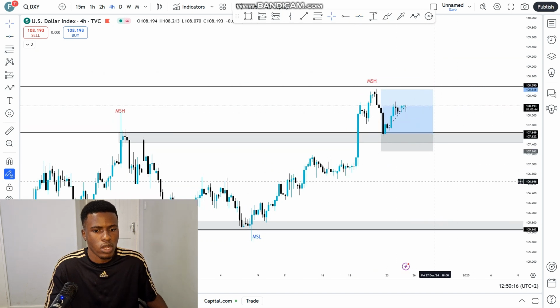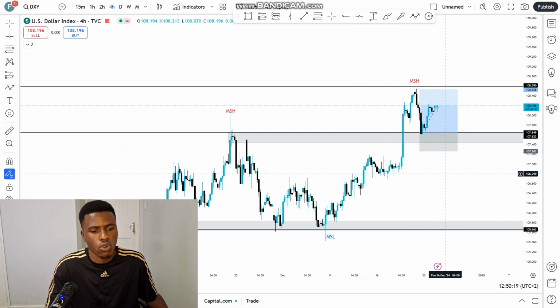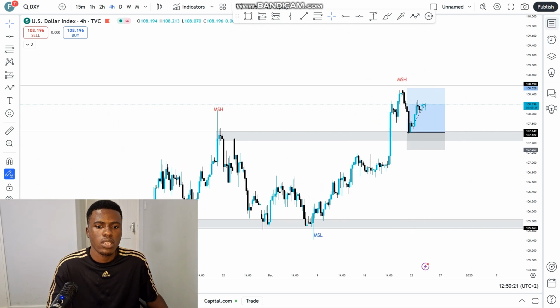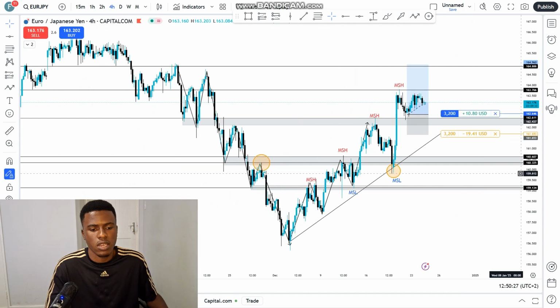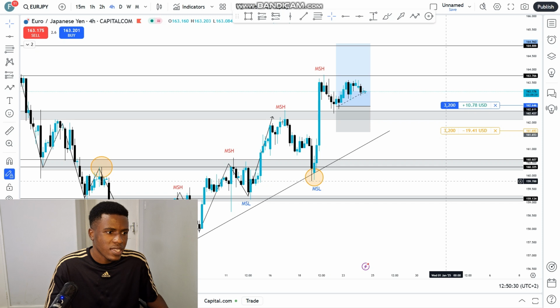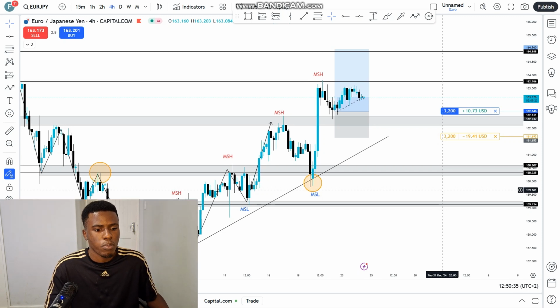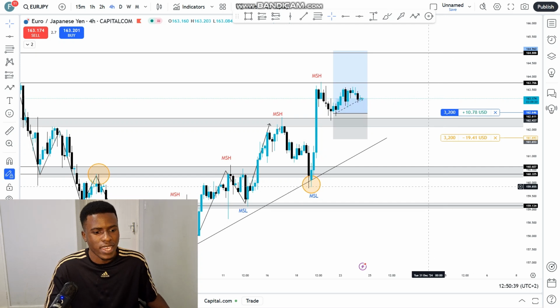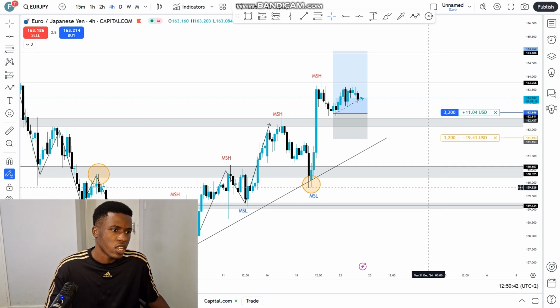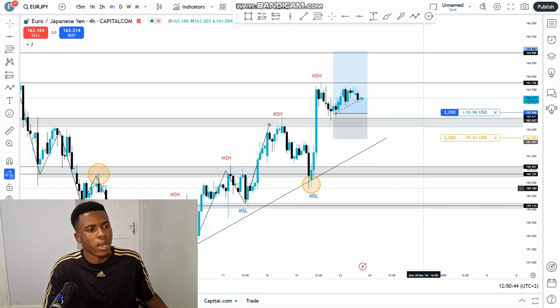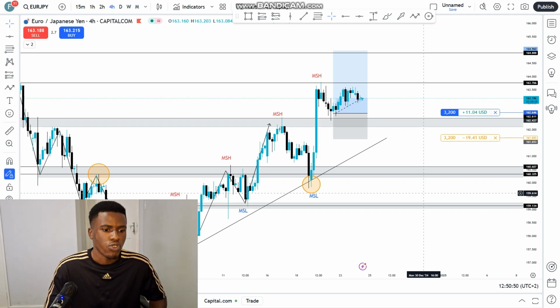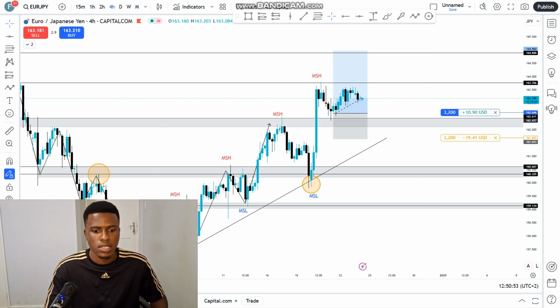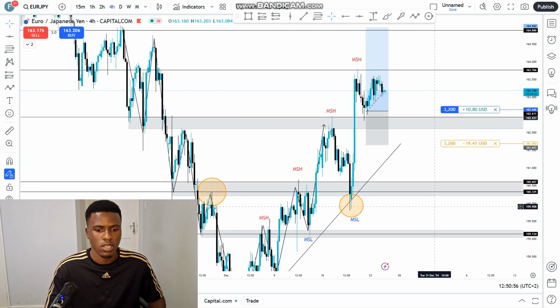While I look at this US dollar index, I will be trading currency pairs that are correlating or related to the US dollar. And the first one is going to be the EUR/JPY. Now you might say, well, there's no USD there. Well, obviously the Japanese yen is a safe haven currency and the US dollar is not. So basically every time the US dollar gains a lot of power, the Japanese yen mostly loses, because people are taking their money away from the Japanese yen, taking it to risk assets like the US dollar and the stocks and indices, something like that, right?